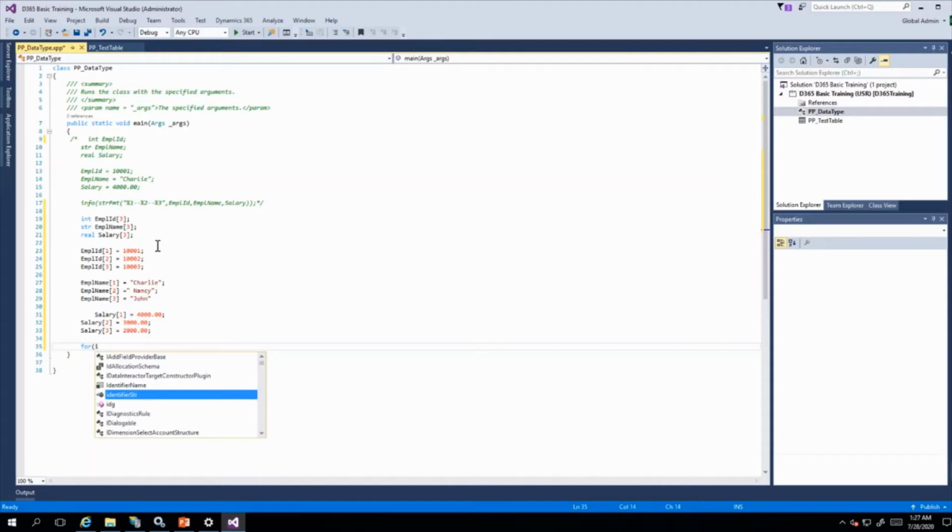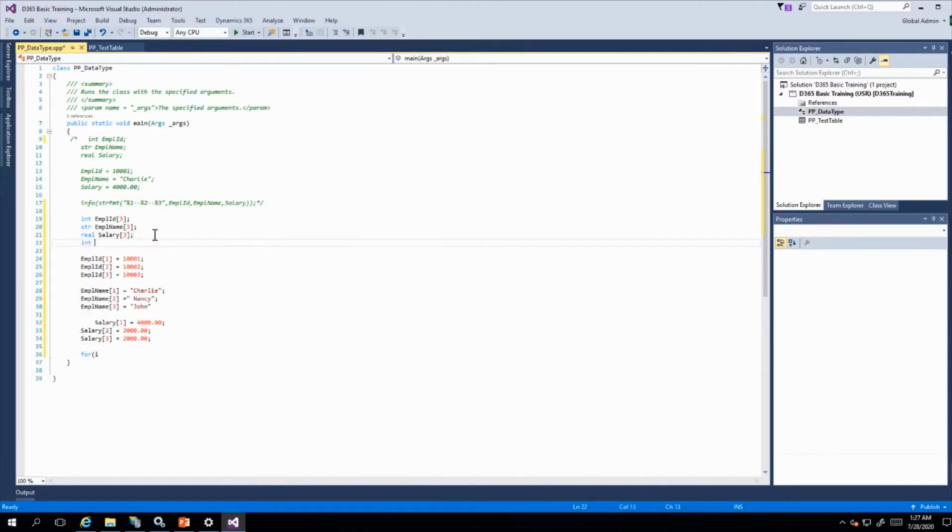Where I can declare one variable, integer type I, for I equal to 1 to 3. As we have 3 employees, I will start from the first employee, and it will go till the third.